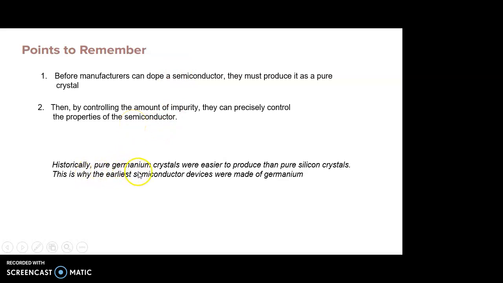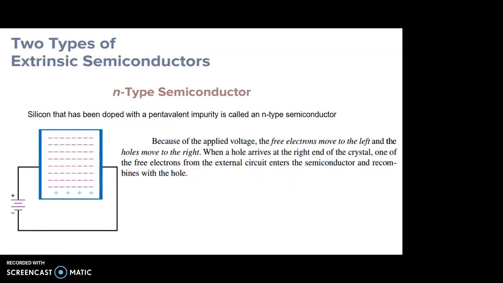Historically, pure germanium crystals were easier to produce than pure silicon crystals. And that's the reason why germanium was considered before. Okay? So that is the reason the earliest semiconductor devices were made of germanium. So now we will proceed with what happens when